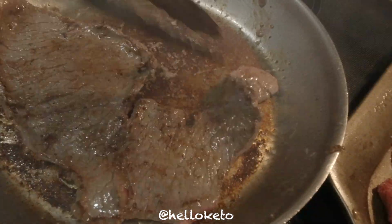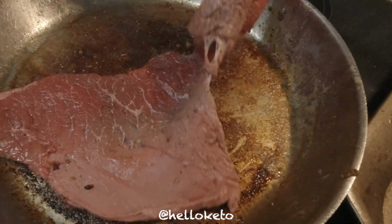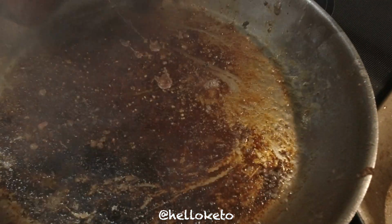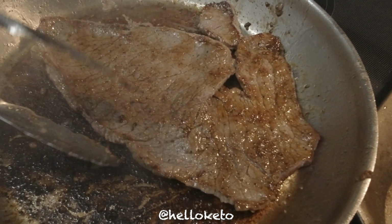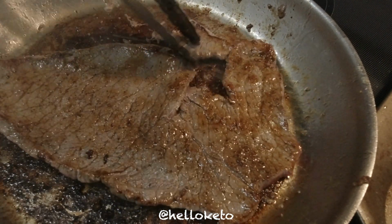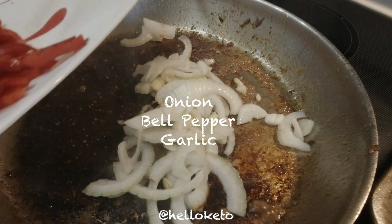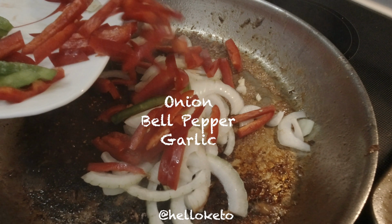Add the steak, remove it, add the steak, season it, remove it, and you can see the buildup of flavor happening on the bottom of the pan. And that's gonna go into the veggies, onto the steak, into the oven. It's gonna be amazing. So here's the onions, the bell peppers, the garlic,